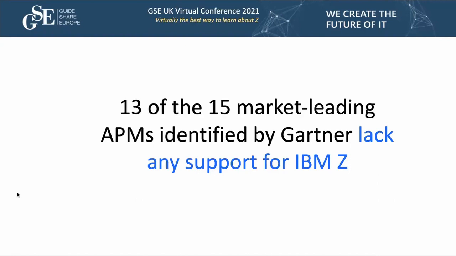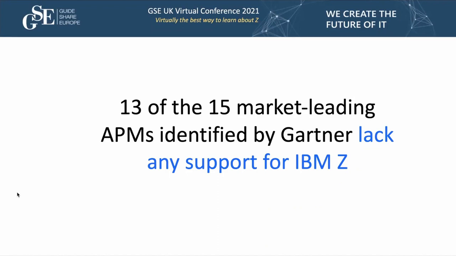This statistic here from Gartner is from the 2020 Magic Quadrant report, and they took a look at all of the ones that were appearing, the 15 offerings that were appearing on the Magic Quadrant, and it turns out that 13 of the 15 really did lack any